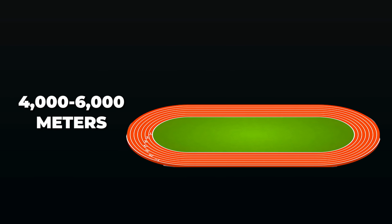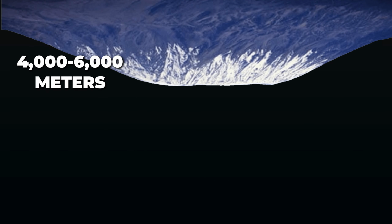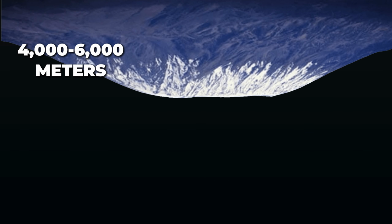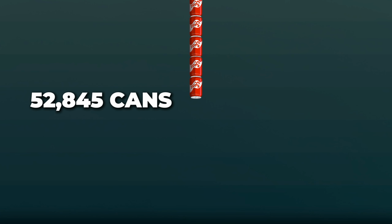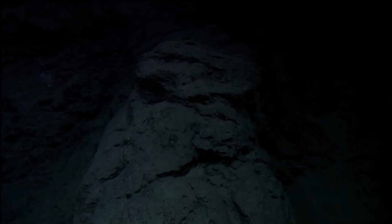To give this depth some perspective, you'd have to stack 60 100-meter tracks lengthways. It would take Usain Bolt 9.58 minutes to run the 60 tracks if he took no breaks and ran his record speed. If Mount Kilimanjaro were inverted and submerged, it would sit just under the depth limit of this zone at 5,895 meters into darkness. We're now at 52,845 cans deep. Now, if we go down further, we hit the final and deepest depth of the ocean that